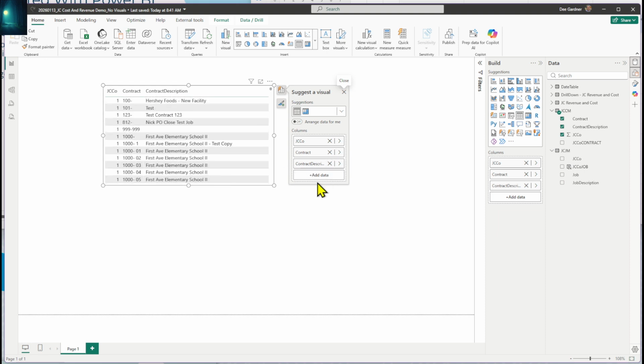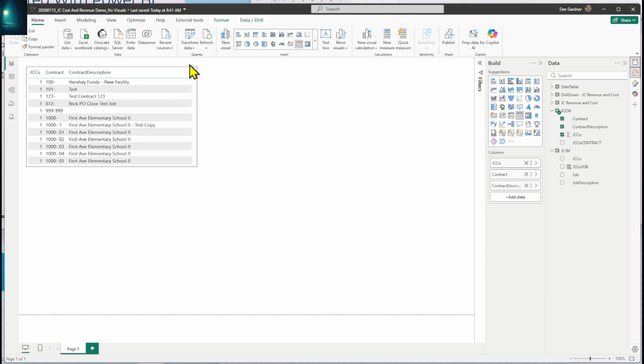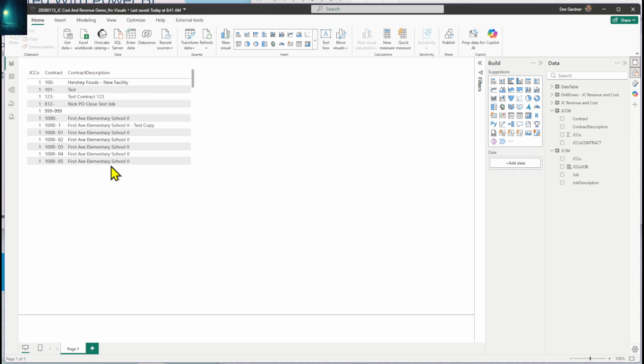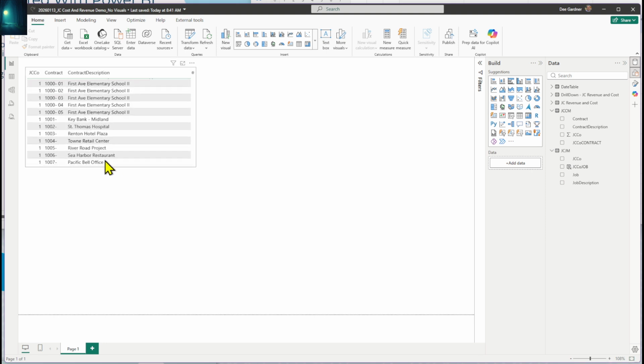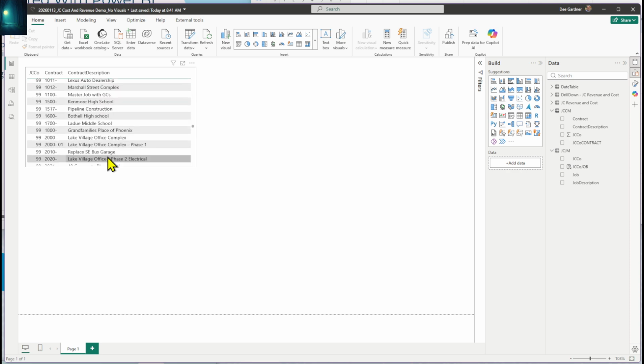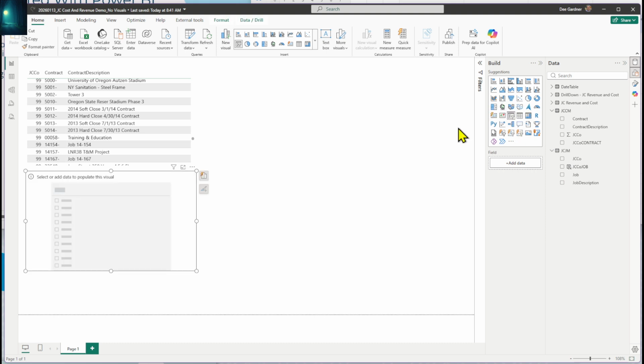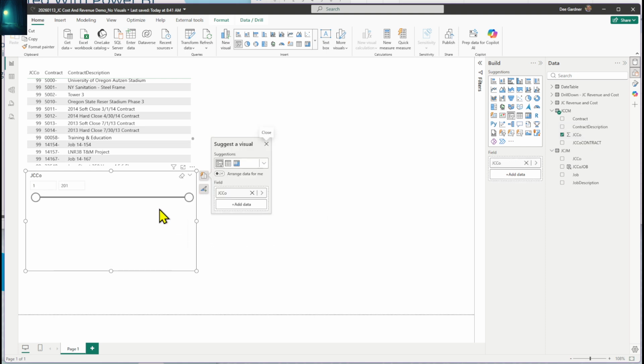And so we're going to move this over here. But this is showing, and so we can see we've got this contract description out here. And we've got all these different companies. So one of the things we want to do is we just want to look at one company at a time. They have this slicer. So we're going to bring a slicer out here, and we're just going to come up here and we're just going to do the companies. So the slicer,